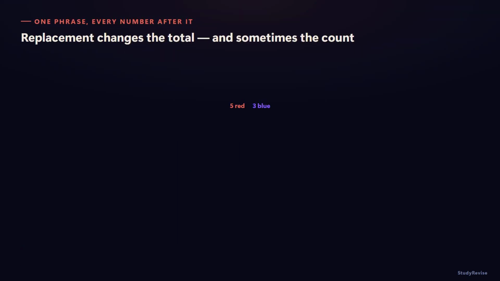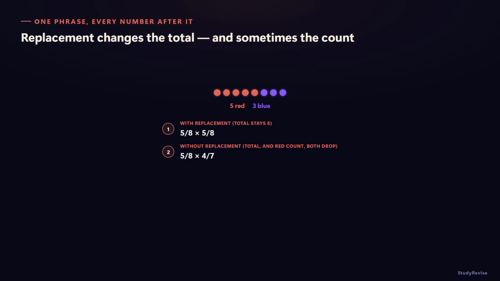Now, a phrase that's easy to skim past and changes every number that follows it, whether an item is replaced before the next draw. With replacement, each draw is completely independent. The probability of any particular outcome stays exactly the same every time because the total available hasn't changed. Without replacement, every draw shrinks the total by 1, and if the previous draw matched the outcome you're tracking, it